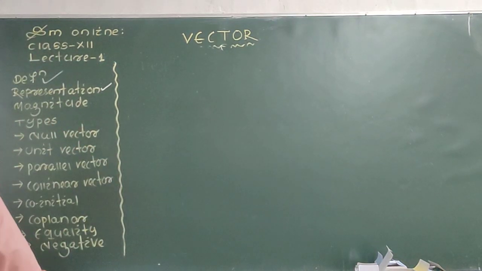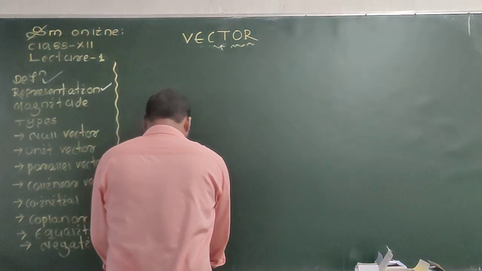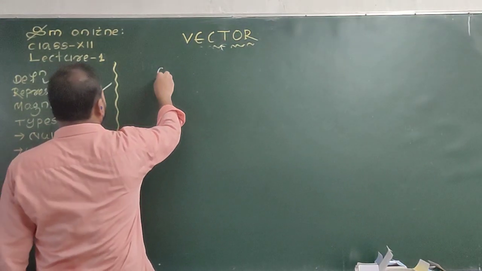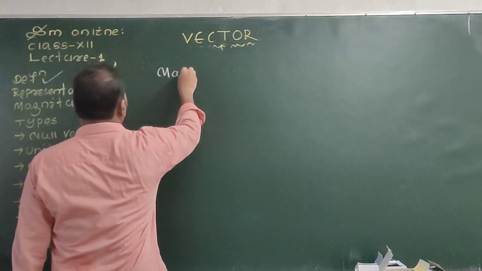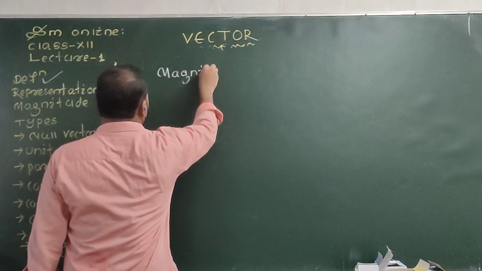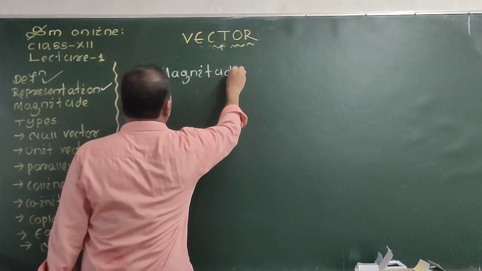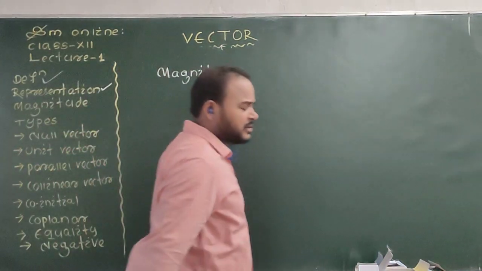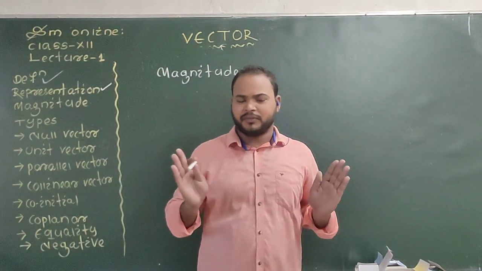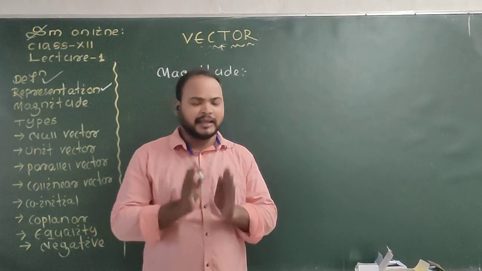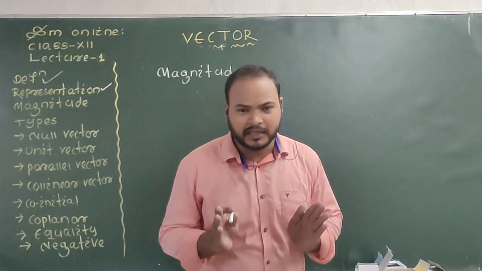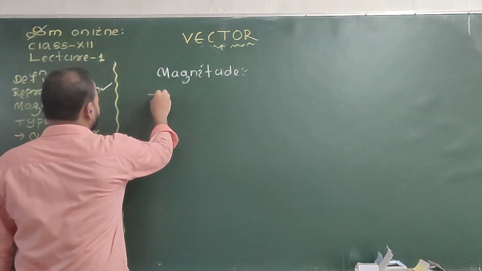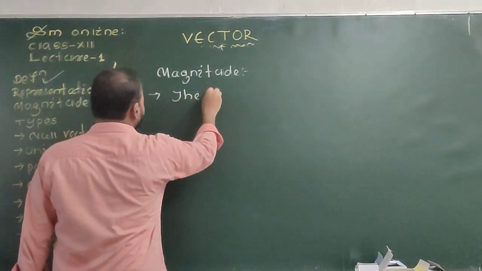Let us discuss the magnitude of a vector. Magnitude of a vector means what? The length of the vector. Okay, the length of the vector is its magnitude. Magnitude of a vector means the length